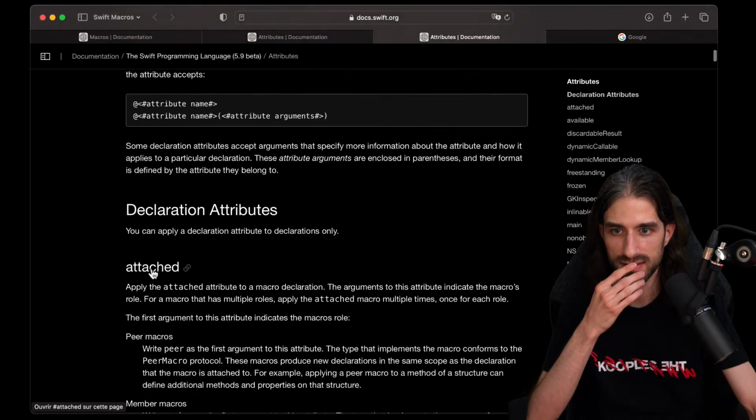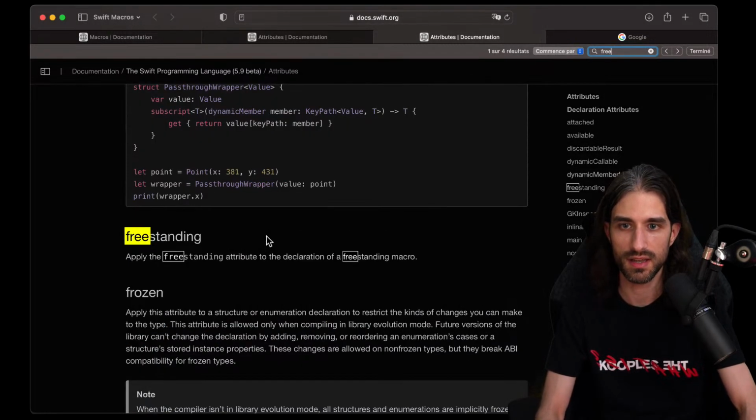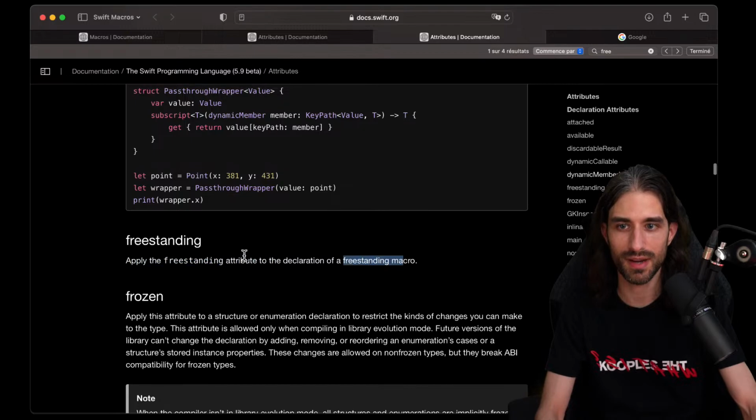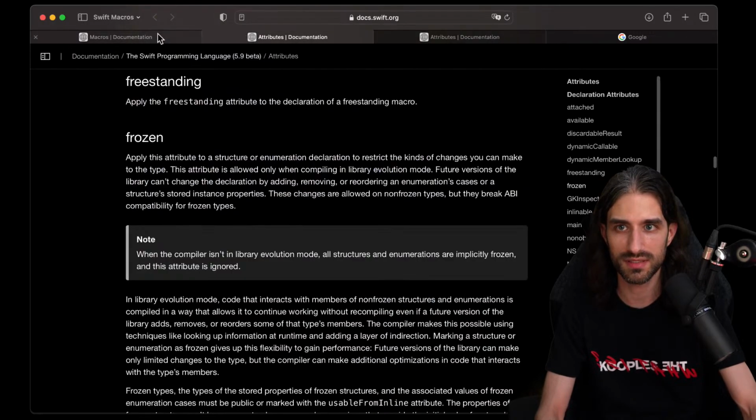So here, this is for attached, but I'm looking for freestanding. They say I applied the freestanding attribute to the declaration of a freestanding macro, but what are the arguments I can pass to it?